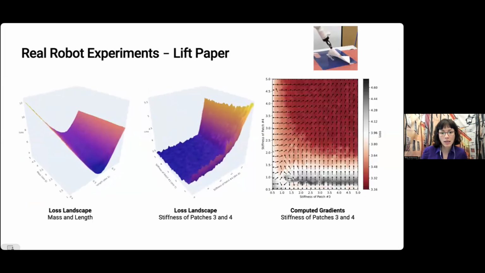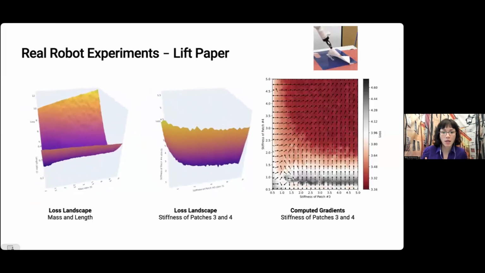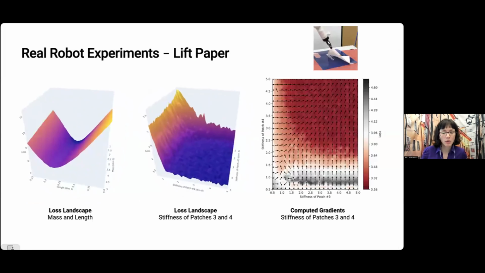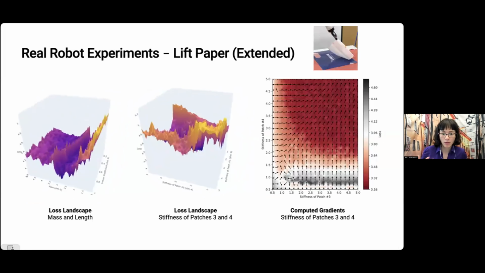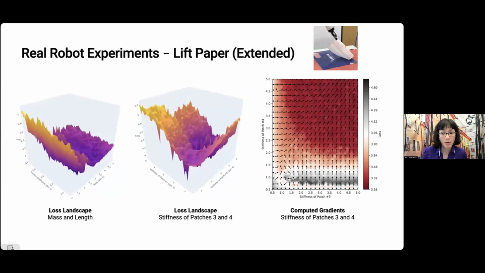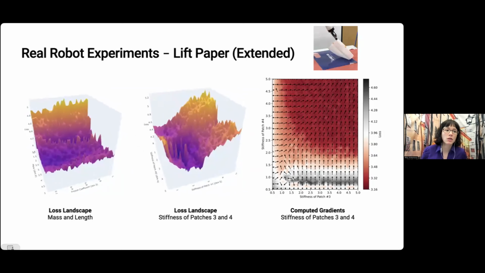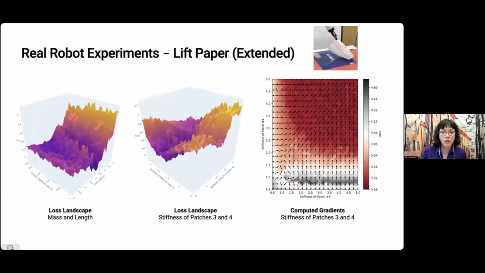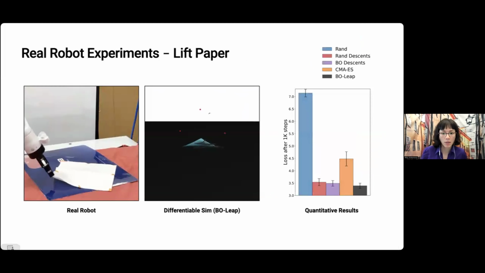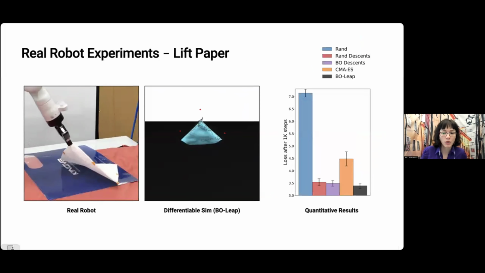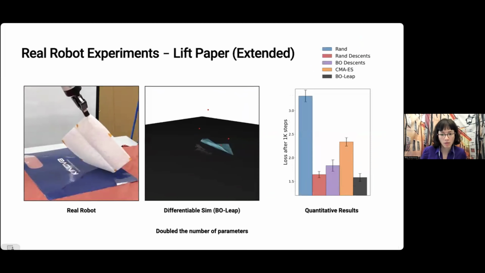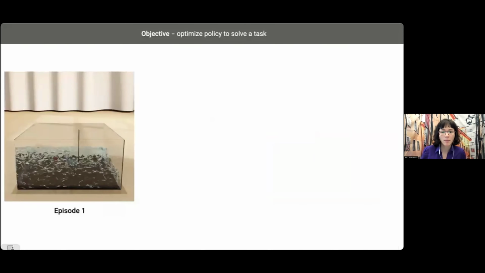And the loss landscapes, for some cases, look a bit smoother. For some of them, they look a bit rougher. So there's a difference in how well different methods perform on this. But with this combination of gradient-based and gradient-free methods, we were able to reliably get reasonably good performance for a range of different stiffness and the properties of the loss landscape.